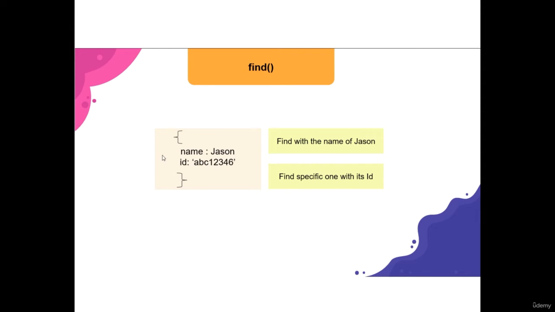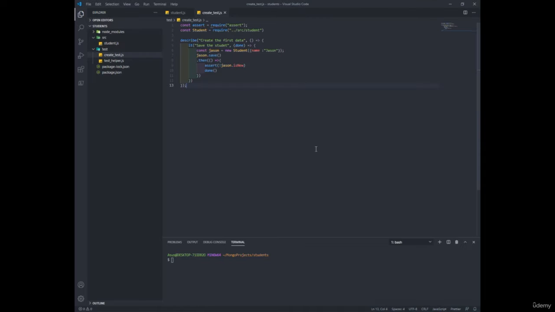First one is a kind of query, and we may have more than one student with the name of Jason, right? So that way we would find all of the possible students with the name of Jason. But if we want to find a specific student, then we can use the second way to find it. So we're going to add tests to understand how to create and to execute these two operations with Mongoose and